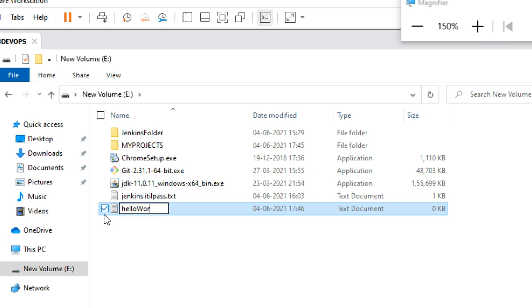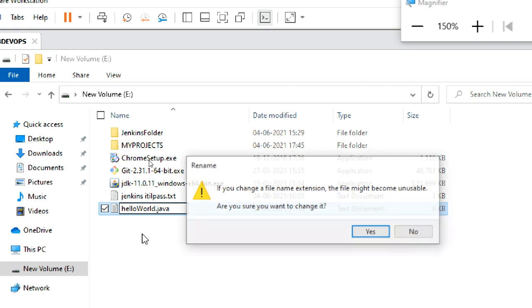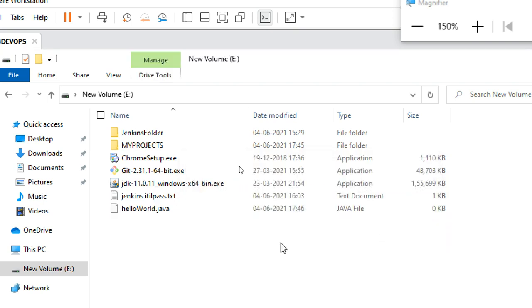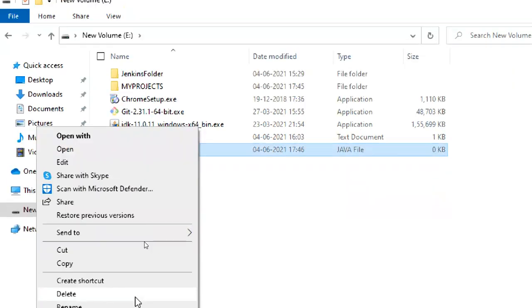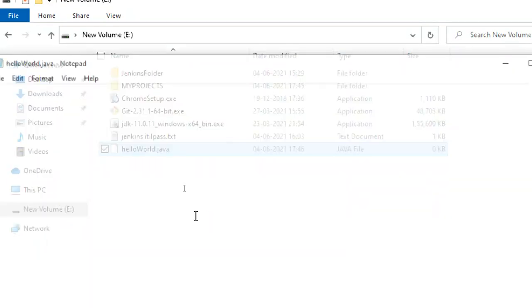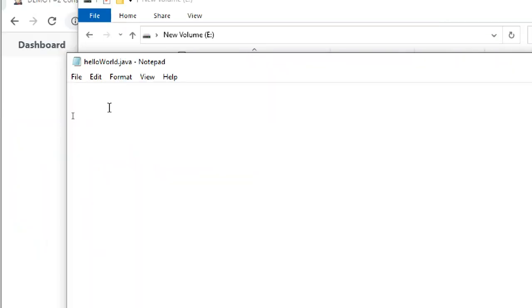Very good. Okay, I'm going to create a small Java file. So how to do it with a Java file manually? So tell me now.